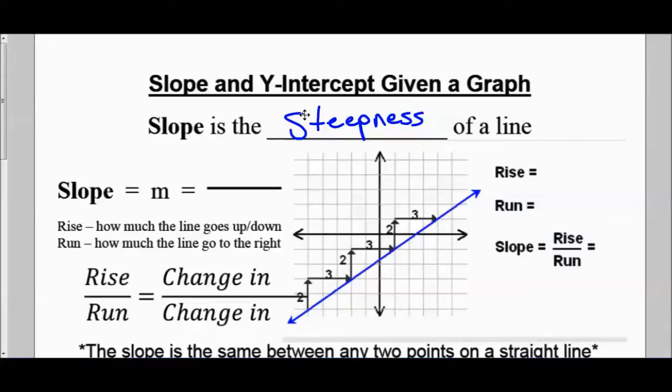When we talk about the steepness of a line, I'm really talking about how difficult it would be to climb. So I kind of want you to imagine a mountain. If you had a hill like this, that would be a very easy hill to climb. That's not very steep at all. This is extremely steep. That would be a very difficult mountain to climb. This has a bigger slope